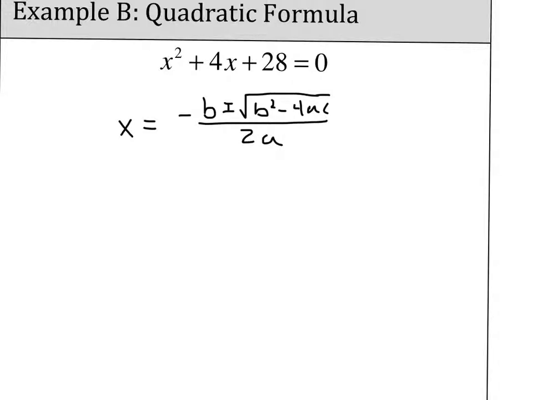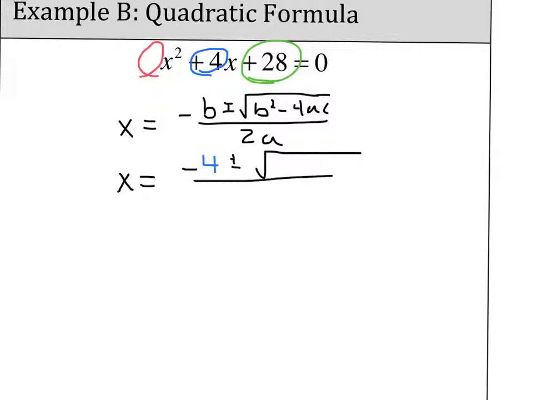Okay, so let's identify. First off, my a is 1, my b is positive 4, and my c is 28. So let's go ahead and substitute in x equals negative b, so negative 4. Now we say plus or minus